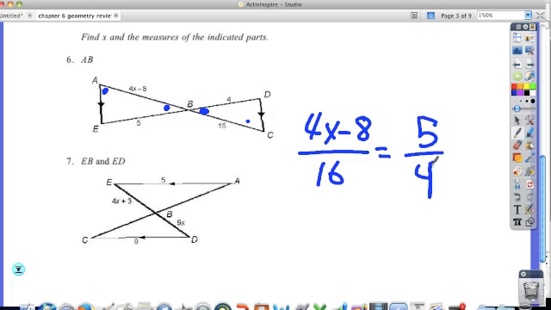So guess what we get to do now? Cross multiply. Now I don't always simplify first, but could I divide 4x and the 8 and the 16 all by 2? Could I divide them all by 4? Do you mind if I do that? Because that's going to make my life a lot easier. Okay. So I'm going to do x minus 2